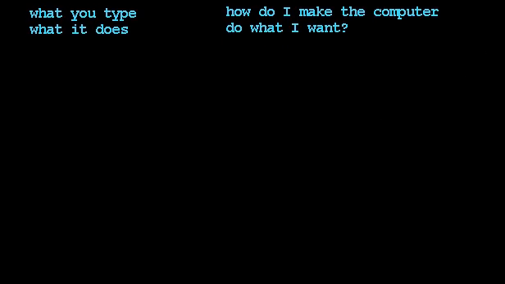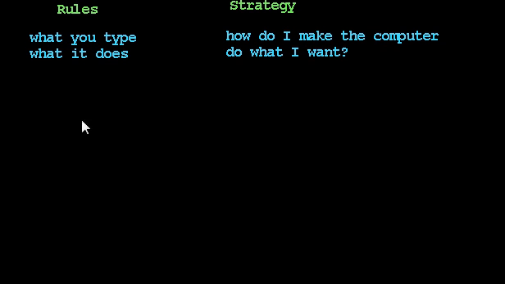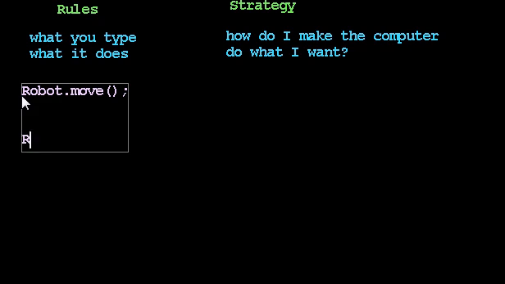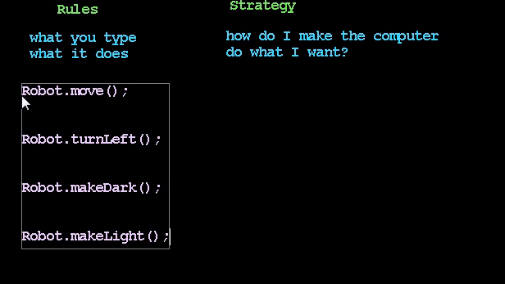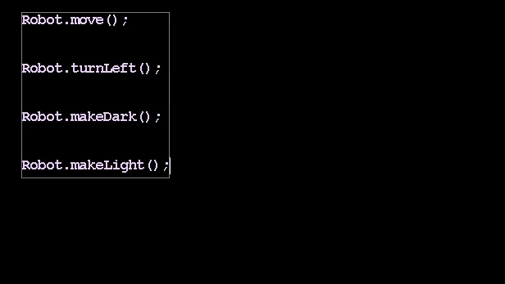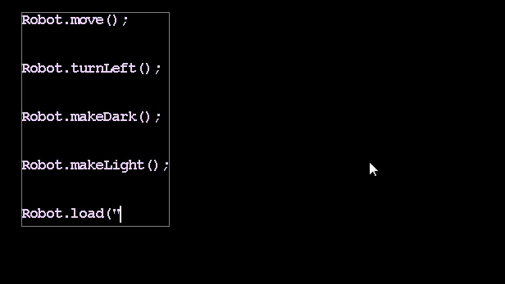So, today we are going to introduce a little micro world concerning a robot. There are several things we can ask our little robot to do, and we'll program that robot to do these things in just a moment. One thing I can ask my robot to do is move. Another thing I can ask is to turn to the left, and I can ask the robot to make a cell dark, and I can ask the robot to make the cell it's in light. And one other thing, and I don't know that I consider this part of the list of things I can ask the robot to do, but I'm certainly going to need to do it, is that I can actually load